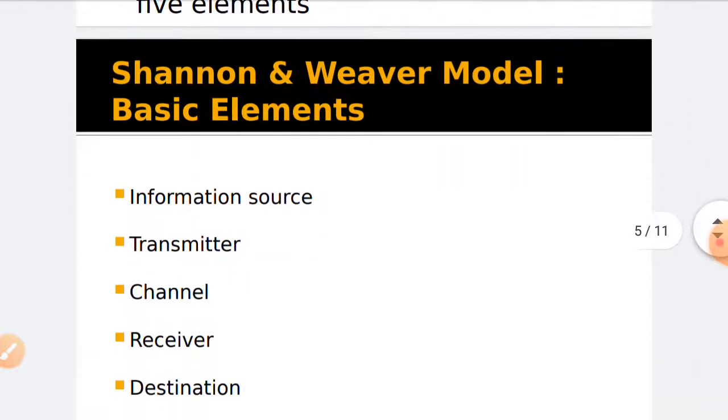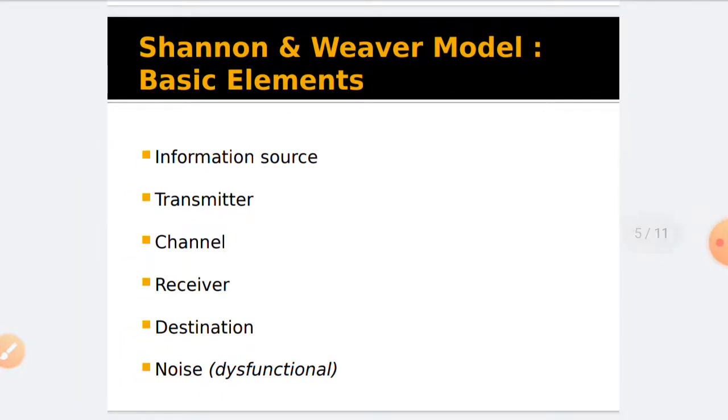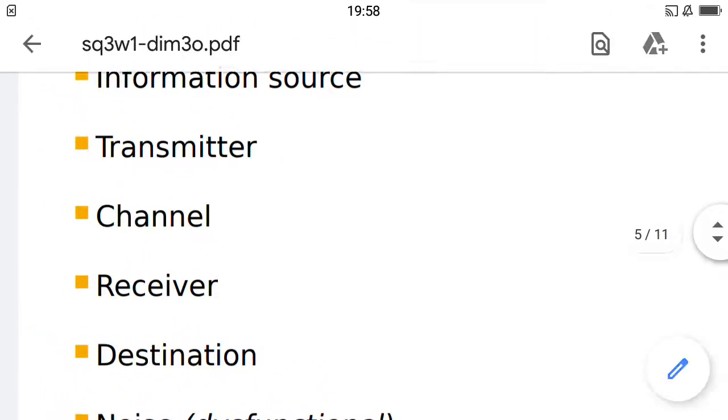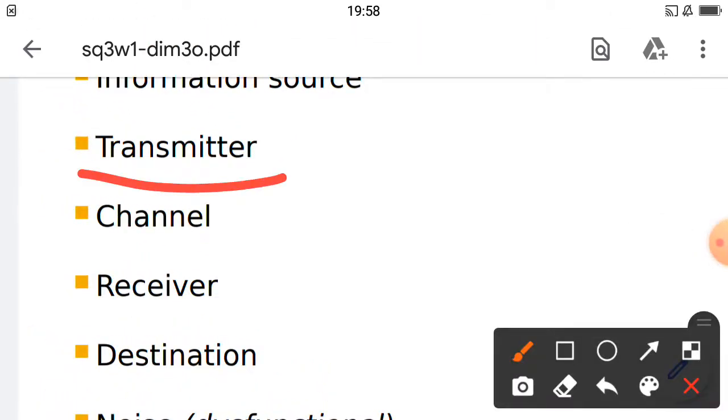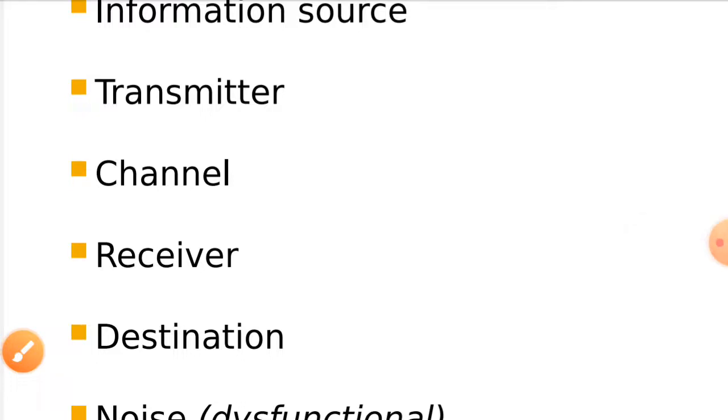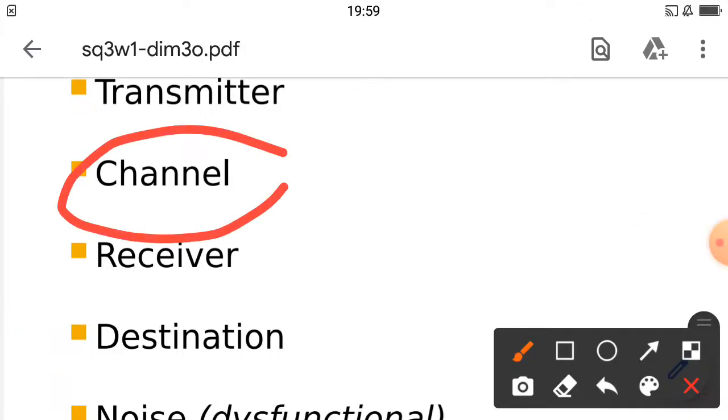So the next thing that I would like to discuss is what are the basic elements in this transmission model of communication. The Shannon and Weaver model of communication is also known as the transmission model of communication, and that consists of 5 different elements. So firstly, an information source which produces a message, and then we have a transmitter which encodes the message into signals, and after the transmitter we have a channel to which signals are adapted for transmission,